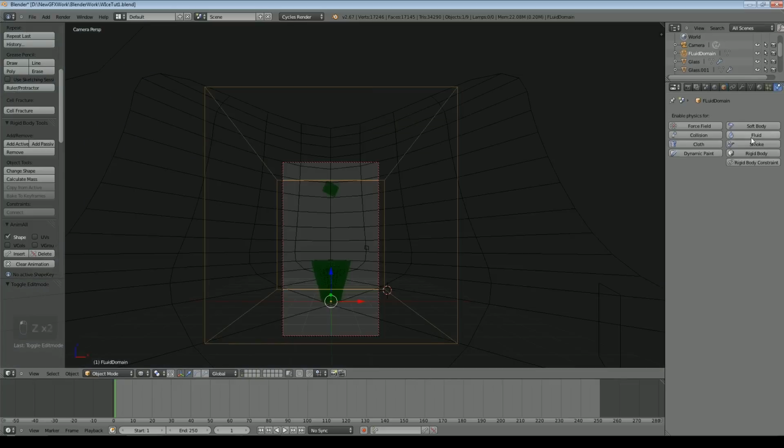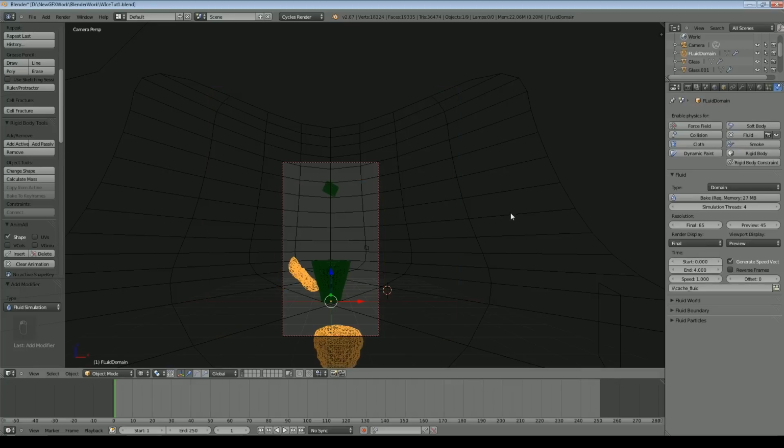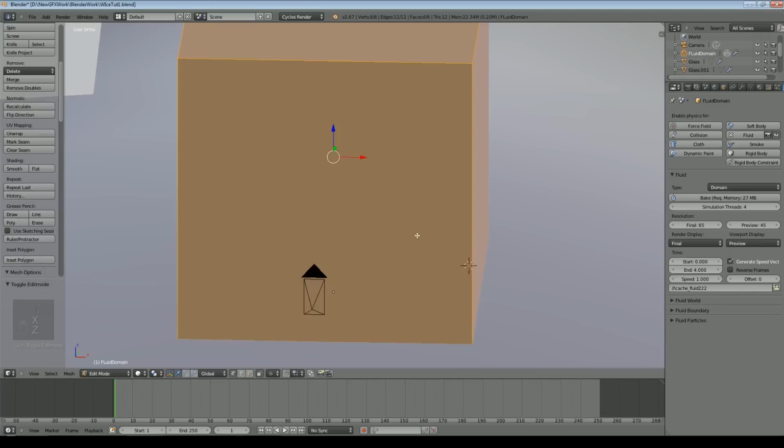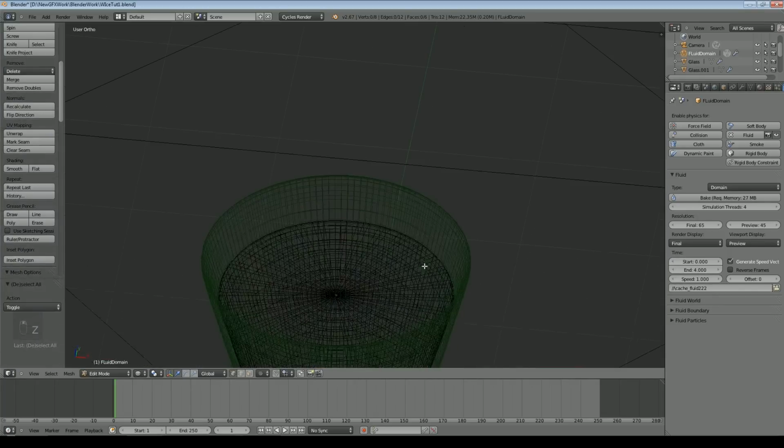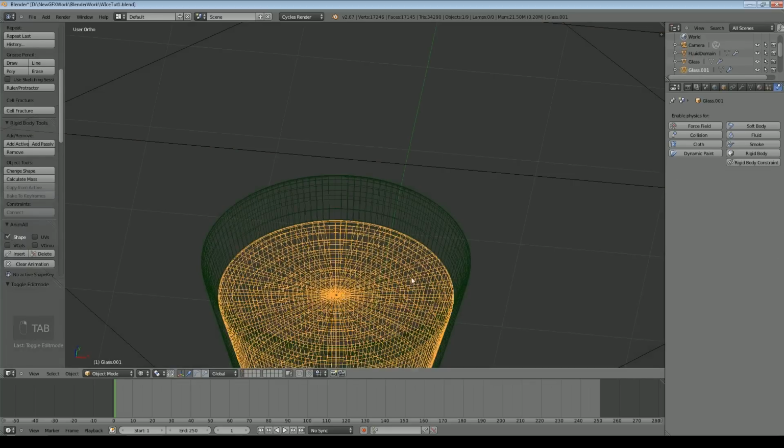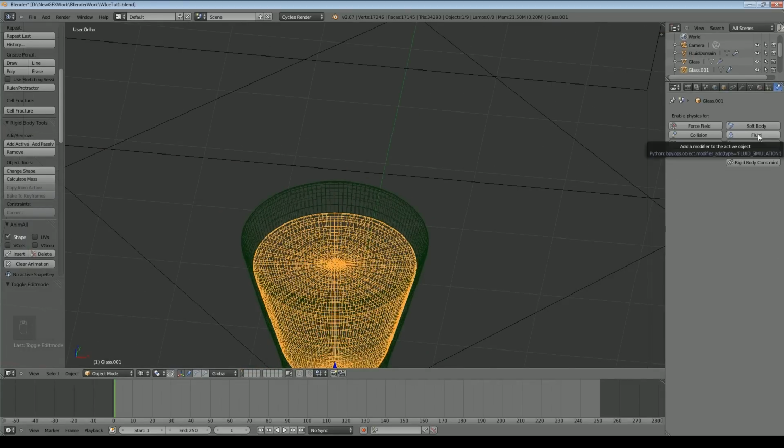We'll come over to here, select fluid, and we'll call this domain. We'll give the cache a new reference because it was picking up an old simulation that I'd done. And what we'll do is, we need to select our fluid in the middle, and we need to make sure that that's part of the fluid simulation, and we set that to fluid.